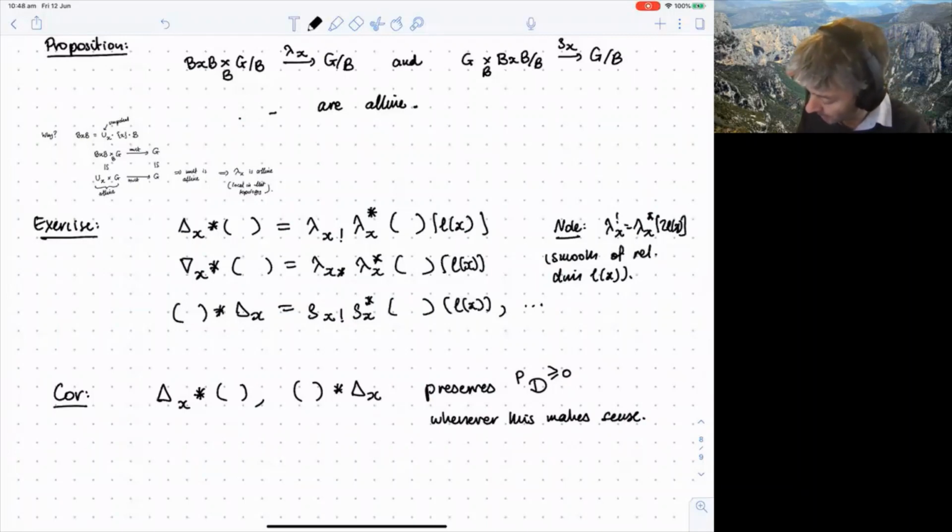And similarly, convolving on the left with the nabla or convolving on the right with the nabla preserves